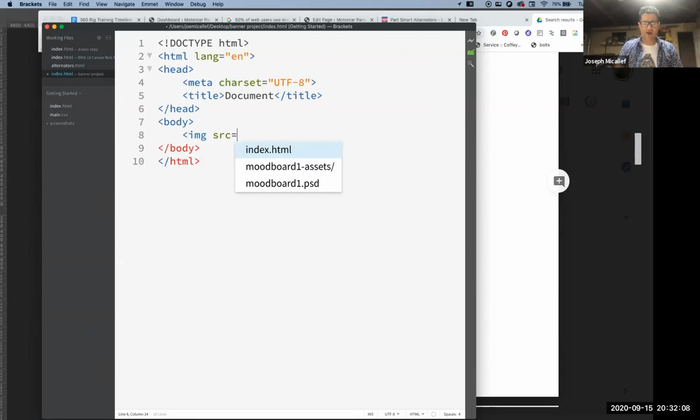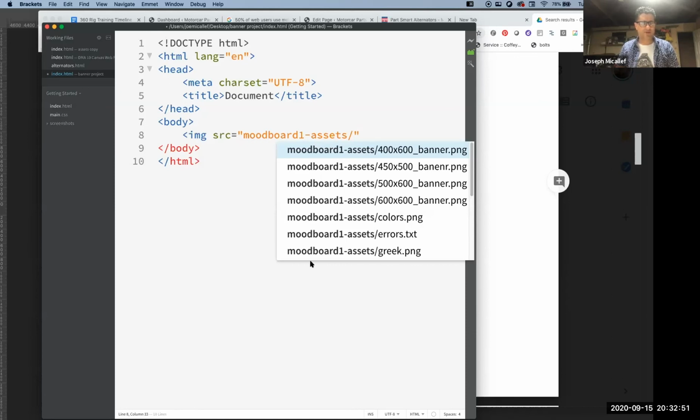So here I have SRC, which is the attribute of my image tag, and the SRC attribute is what points to the actual PNG file that you saved out. Here I saved it in this mood board folder. Your attribute is going to equal something, so it's always going to have the equal sign, like you see up here with lang and charset. And that thing that it equals is going to be in quotes. So I like to type my quote out here. If you have your images saved in a folder, which I'm saying you should call images, but for the last example it was just called artboard assets,